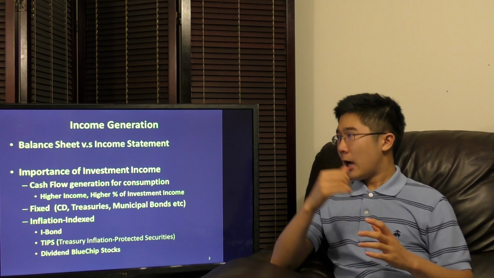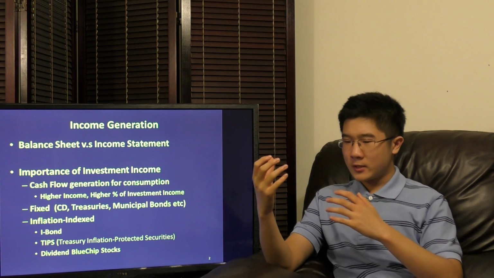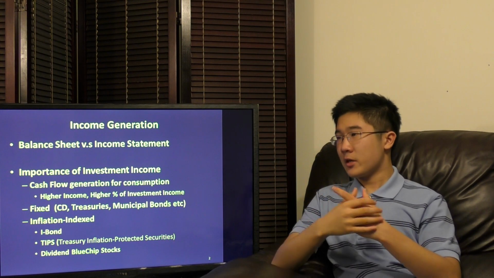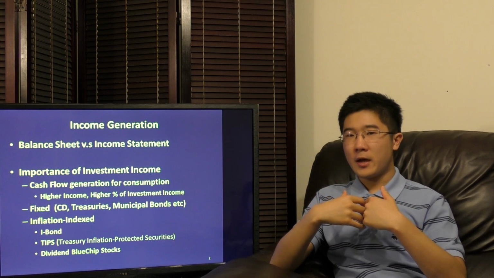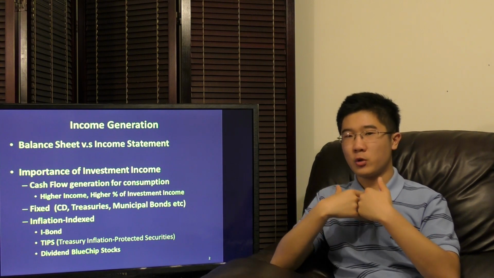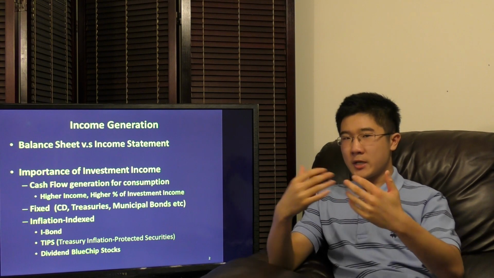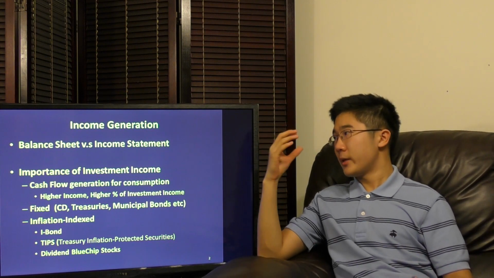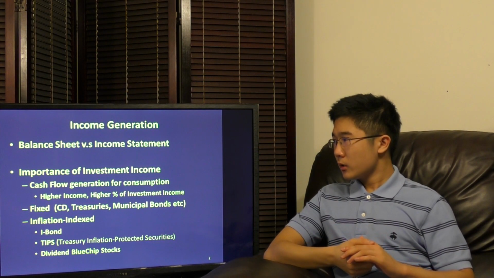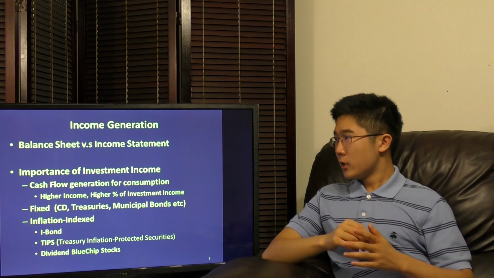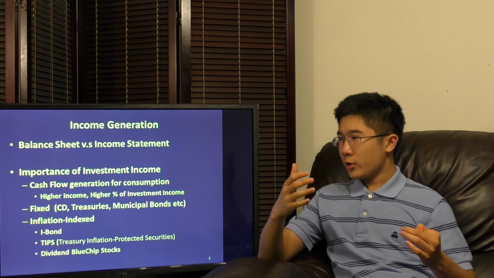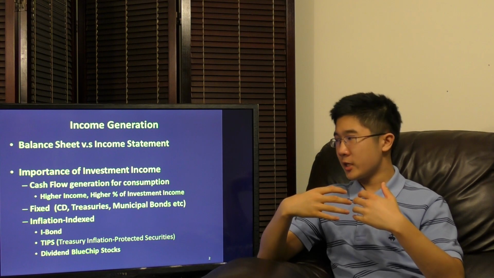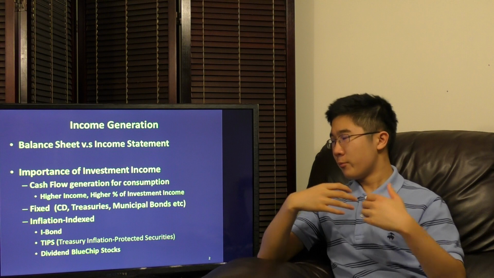And here we'll talk about the second dimension we can look at it from, the income statement. Basically, income statement is having a continuous passive cash flow that works for you instead of you constantly having to work for it. So it's almost guaranteed cash that you can rely on to continuously flow in. That's the financial wealth from the income statement point of view. So when it comes to continuous cash flow, of course we already know why passive cash flow is very important. It's a way to guarantee almost an income for you without having to work physically.